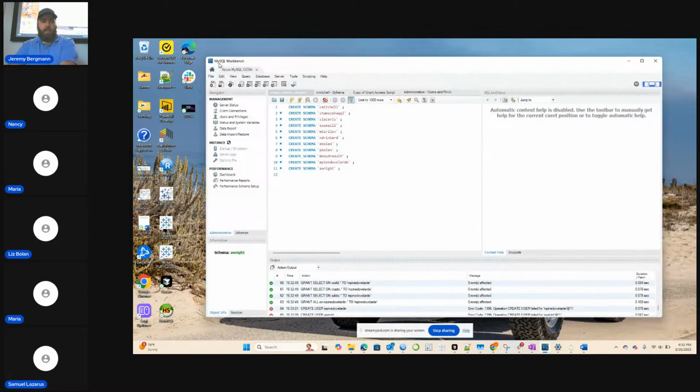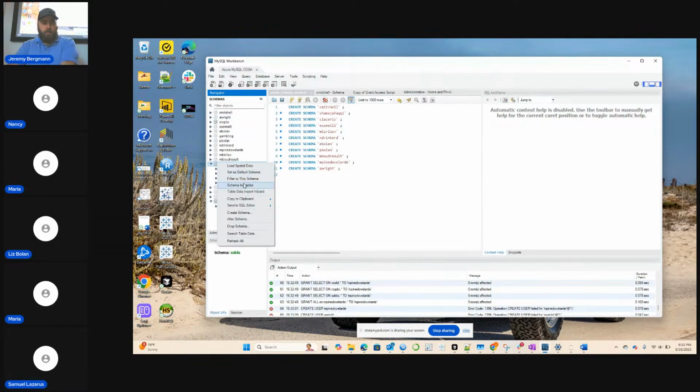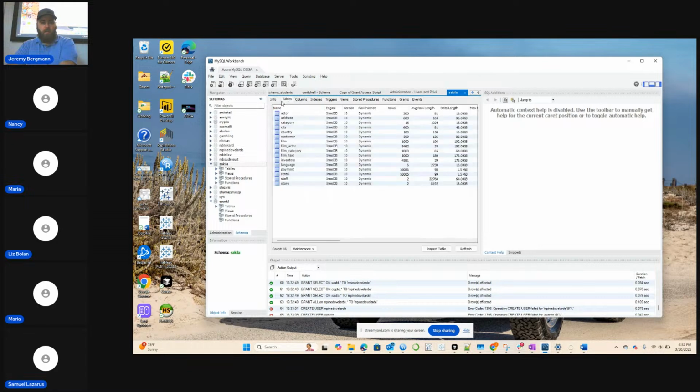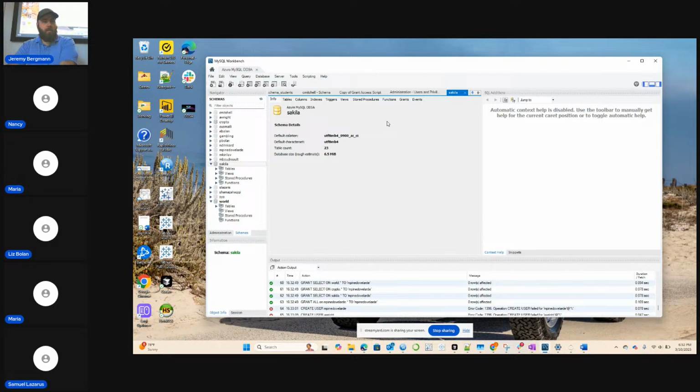Most of these IDEs, integrated development environments where you write code, will give you a schematic of how all the database tables come together. It's like the guts of things, and they're all the tables.